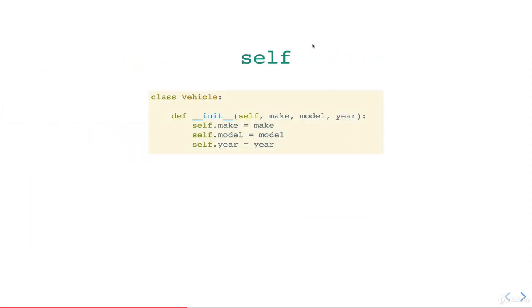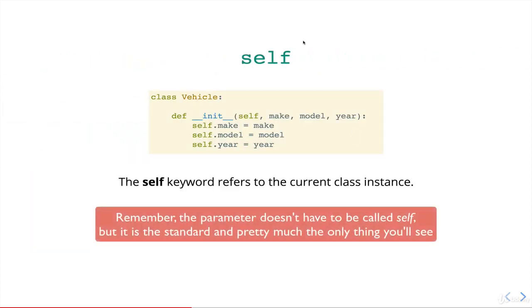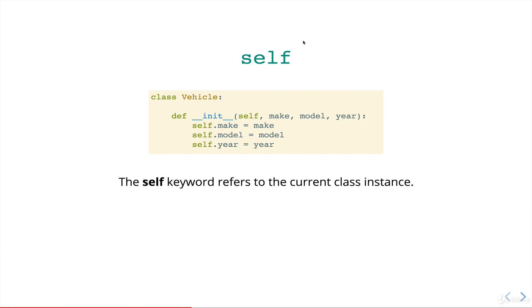And then finally, the self keyword. Self refers to the current instance of the class. So it doesn't refer to the class in general, the entire blueprint. It refers to each individual instance every time we instantiate a new class. So we use self a lot inside of init, where we usually take the parameters and then assign them to properties called attributes on self.